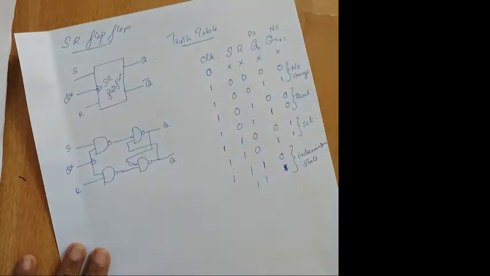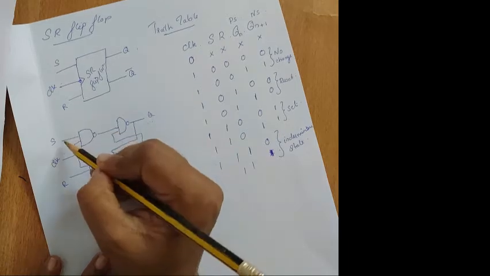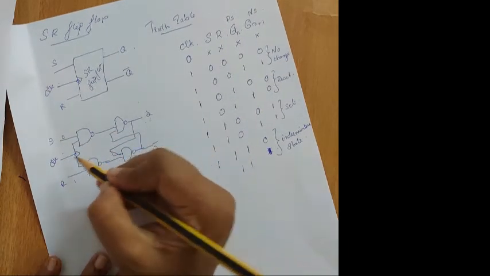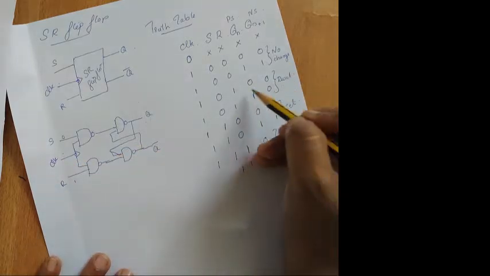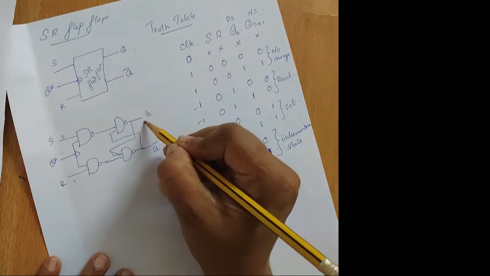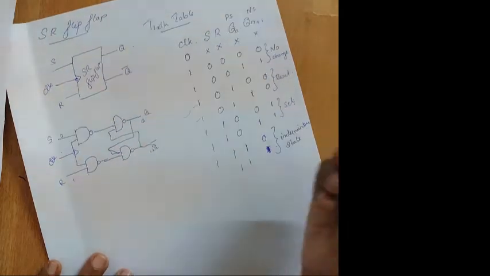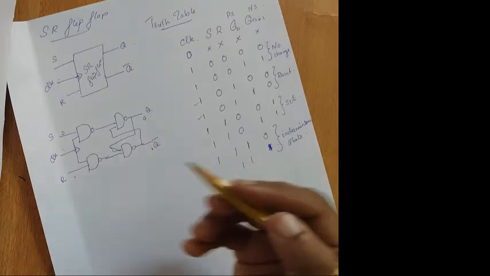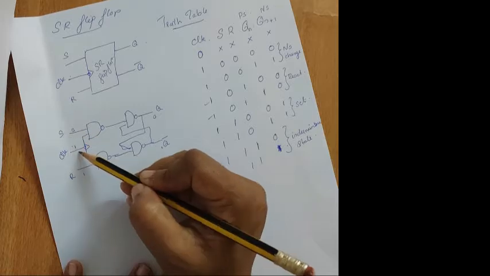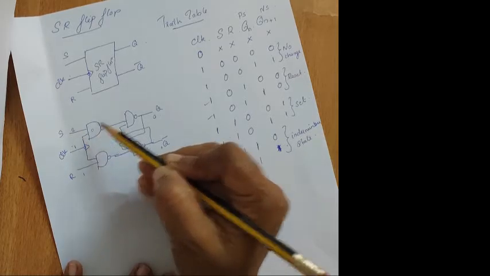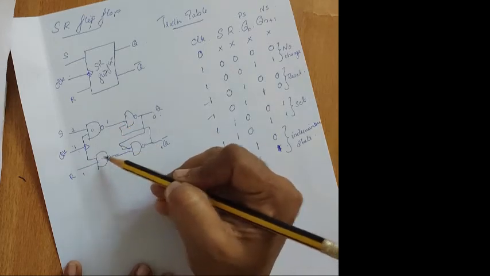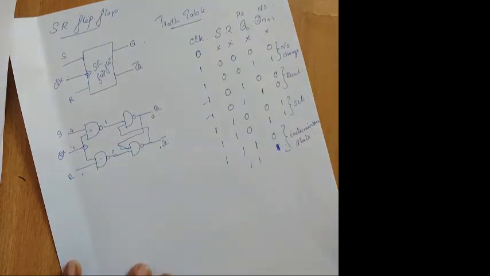Everything is the same. Only the difference is in the truth table. If the present state is 0 and the next input is 0, 1 condition. First I am showing the 0, 1 statement. So let the present state be 0. This is the opposite state and let it be 1. Clock is always high, it should be high, then only it will work. 0, 1 AND gate, it will be 0. Opposite of that, NAND gate, it will be 1. 1, 1, this will be 1, this will be 0.